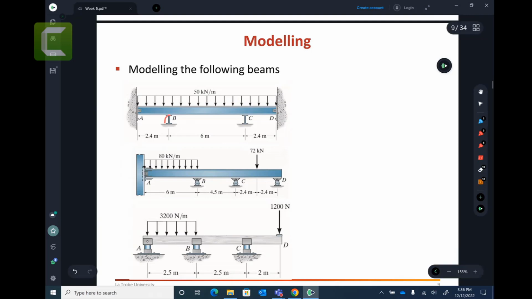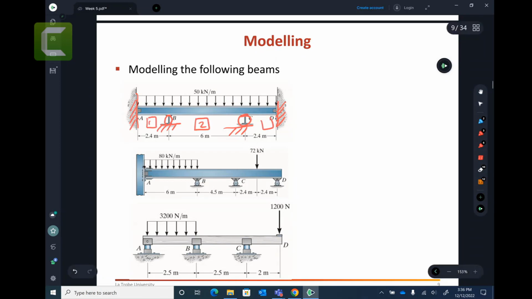Let's say this is a roller support. Let's say there is a roller here. Let's say this is a fixed support. Now let's put the member numbering. Let's say member 1,